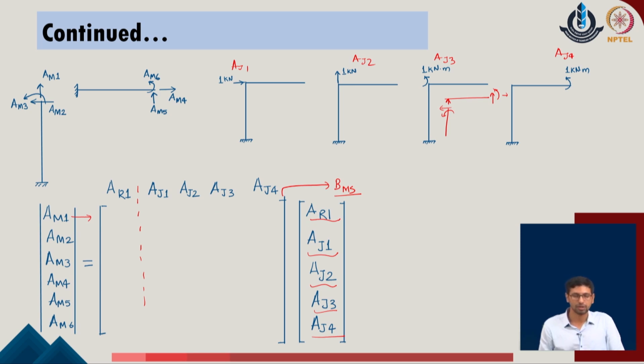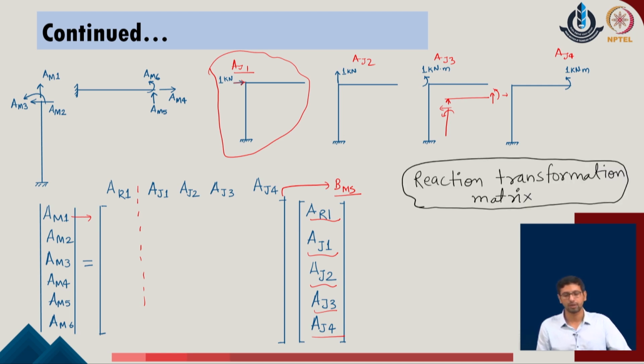While doing this calculation, we understand that we have balanced the equilibrium of the given system. So, this member, as a determinate system, is subjected to one load in the direction of AJ1. As I draw the free body diagram for it, we write the equilibrium of the individual members. So, the action transformation matrix which we are developing here actually represents the conditions of equilibrium in the given system. Once we define those conditions of equilibrium, we can define these action transformation matrices. We will briefly see some components of the given system, and the remaining ones can be obtained later on.